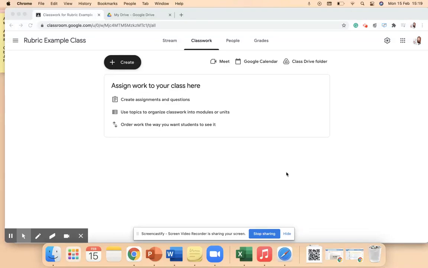Hello, so today I'm going to show you the basics of how to set up and then use a Google Classroom rubric. So first thing I'm going to show you is how to set up a rubric. So a rubric is a scoring tool that can explicitly describe the instructor's performance expectations for an assignment or piece